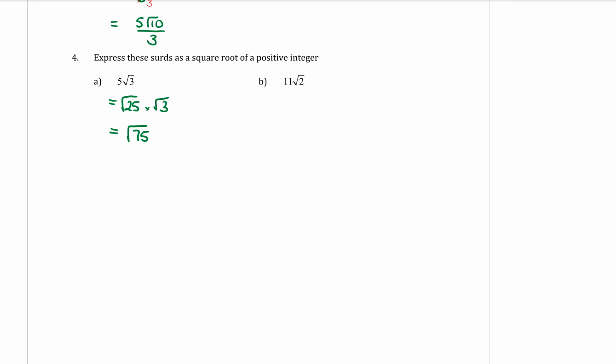We're just trying to put it back underneath the square root sign. Let's try it one more time. The 11 is what we're trying to move back under. So we change 11 to be square root of 121. Okay, so square root of 121 is 11. And we times that by the square root of 2 that is next to it. All I have to do is multiply the two numbers underneath. 121 times 2 is 242. So square root of 242. Easy. That's it. Done for the day. If we have like this,